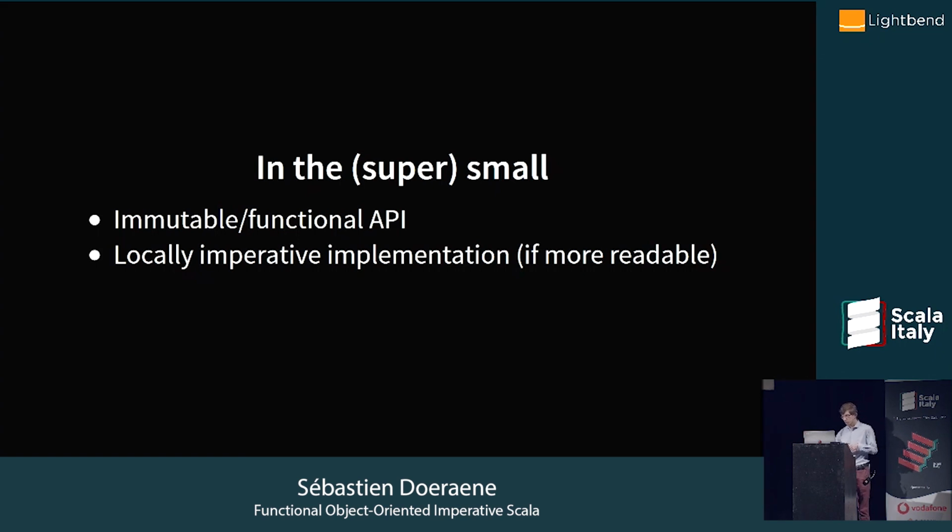Of course, for a lot of functions, I will write them in what is traditionally considered purely functional, just vals, immutable data structures inside. But if I think that this particular method is easier to write and to read using local state, I will use it. But the important part is that the method itself, from the outside, is still purely functional, so that you can compose things. Composition is the one big thing that functional programming gives you, right?